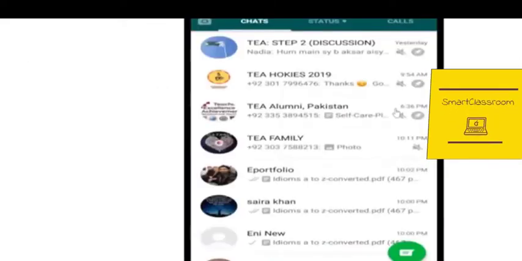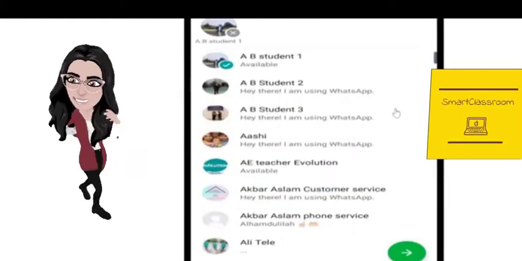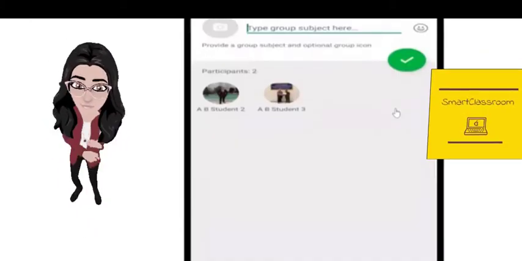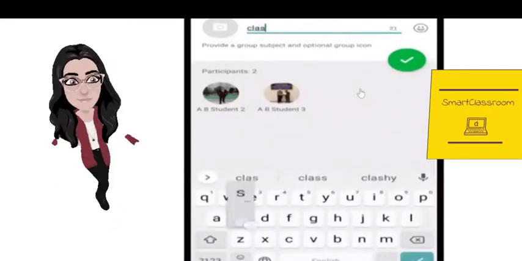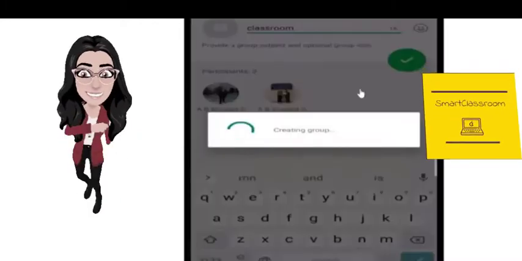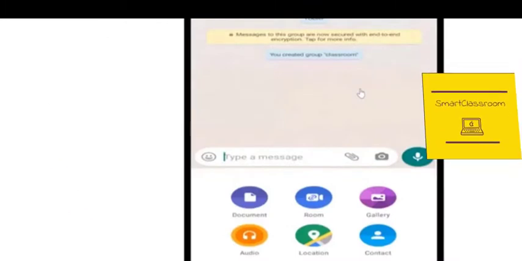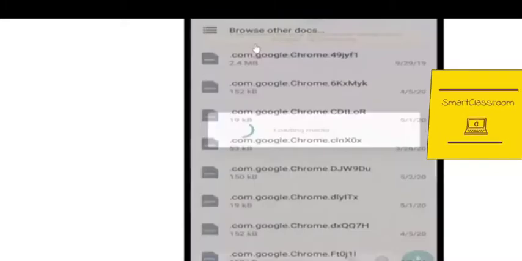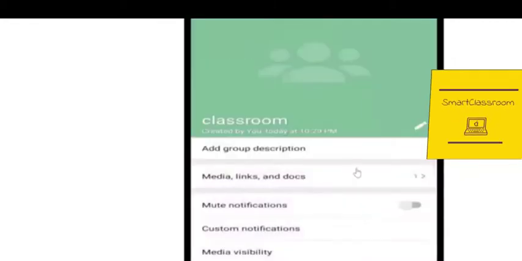Here, by opening the WhatsApp application, we just go to the corner bar and click on new group. We will add the students from our contact books. And here we go. Here we name our group. We can put any name of our own choice, and we can add a group profile picture as well. Here we are going to attach the documents. Documents can include PDF versions, Word versions, and Excels from this pin button.